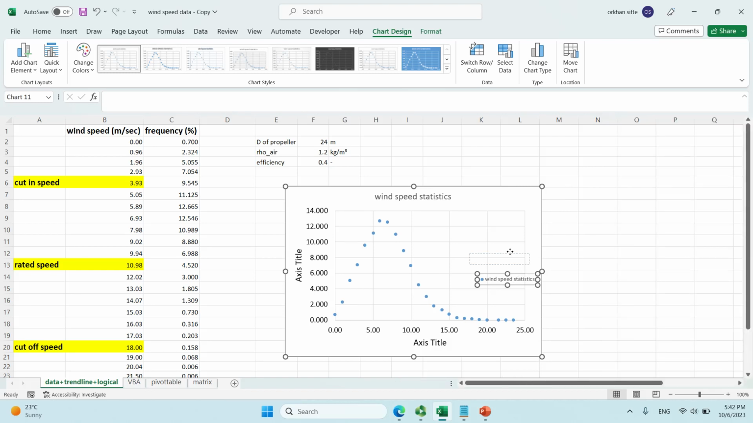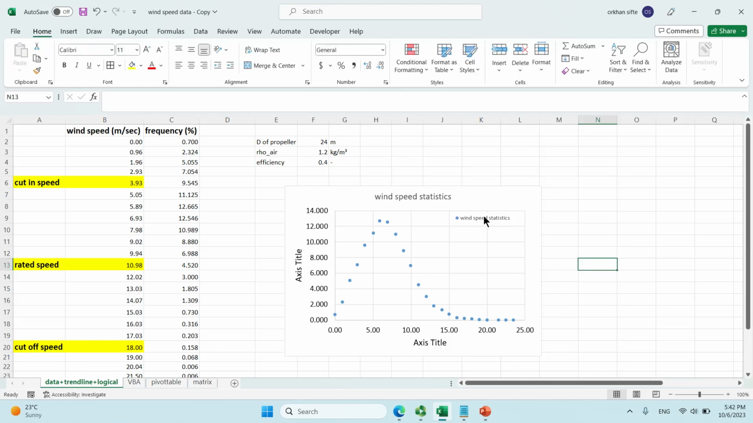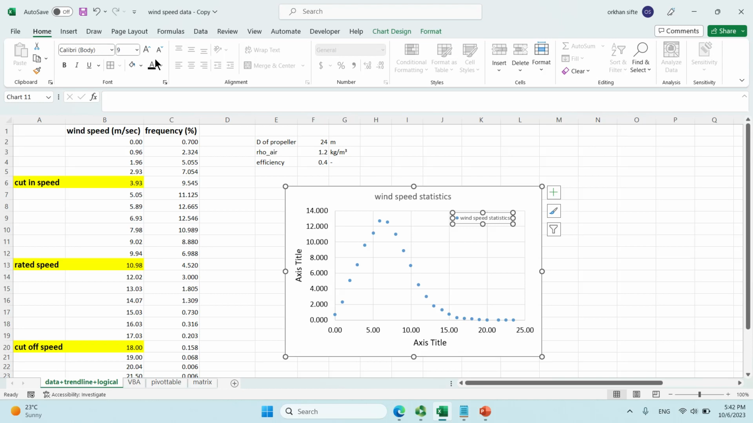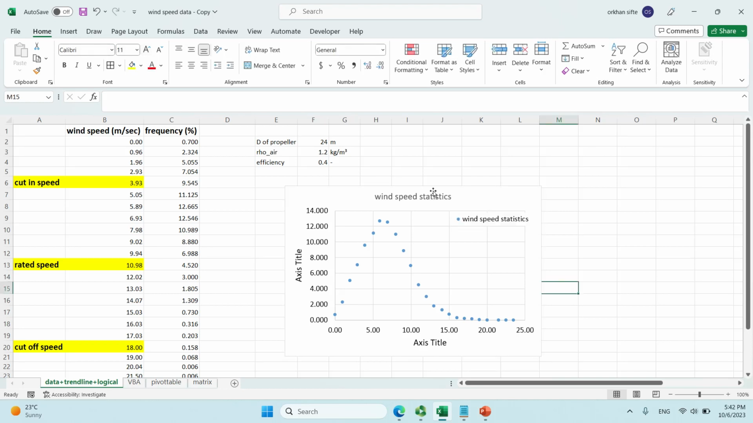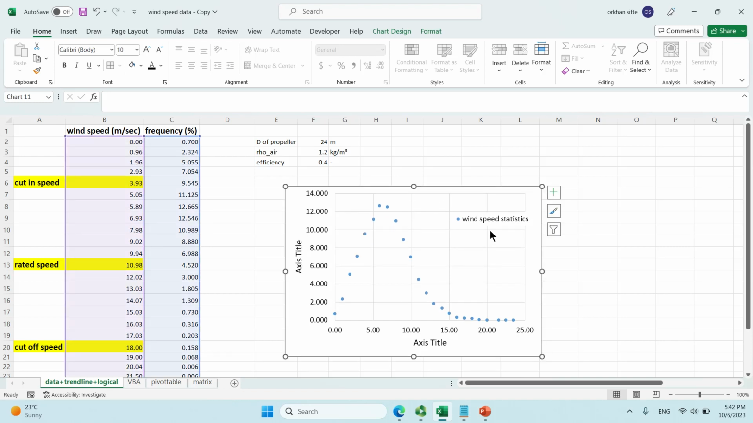So again, move it here, and then you can format it by going to format here and then make the shape fill as white. So what it means is that the lines of the chart are not visible anymore. So then make it black and increase it. And this one you can just delete, no need. Okay, so this is the